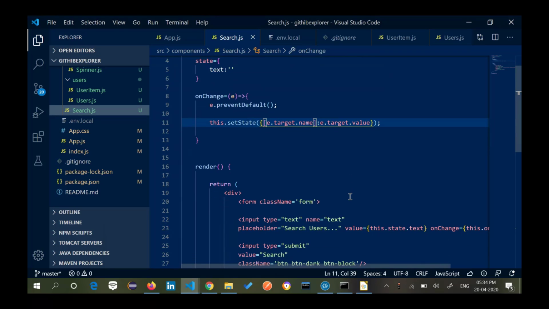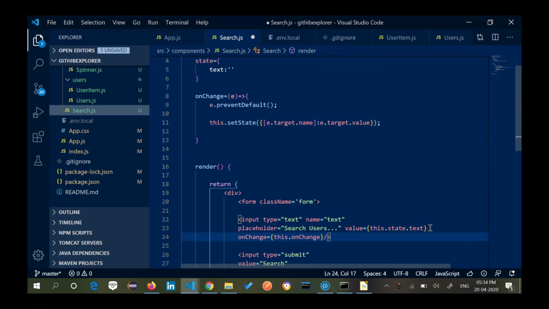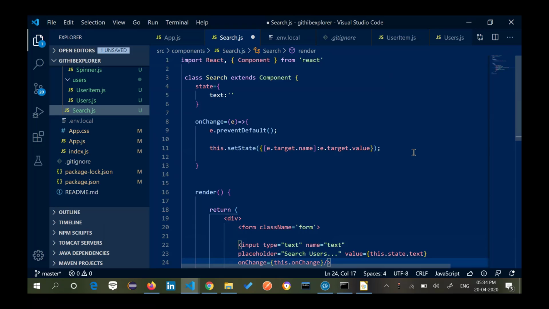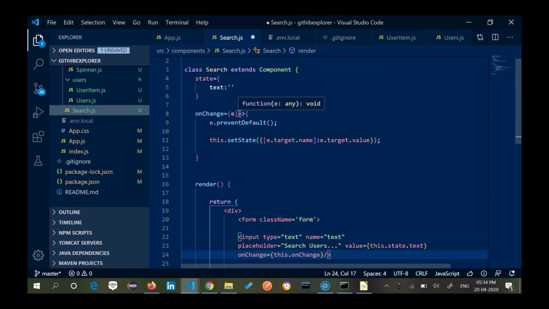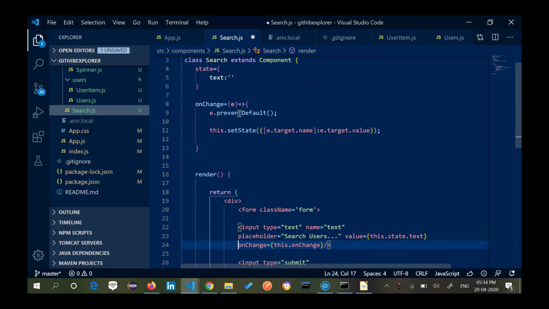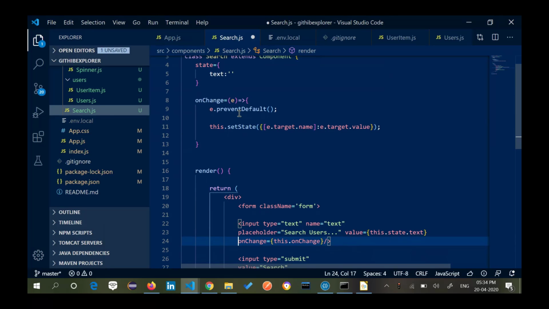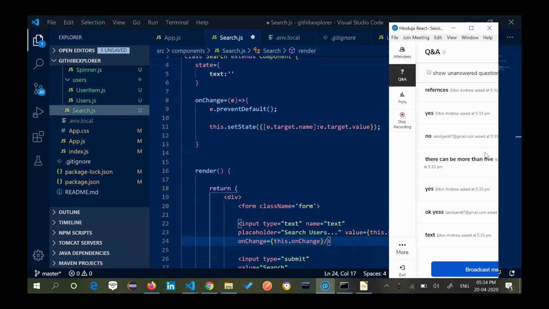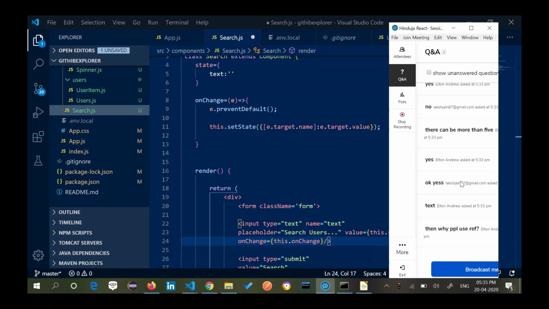I'll just leave you again with the code for 2 minutes. You can see what I have done exactly in my whole scenario here. So this was my class search component. Just go through it once, and then you can understand what is happening here.